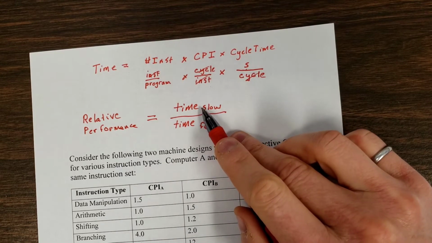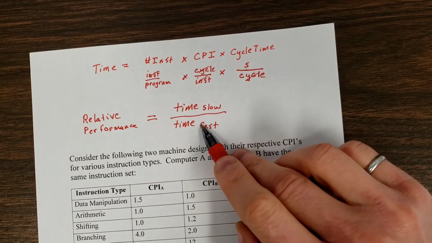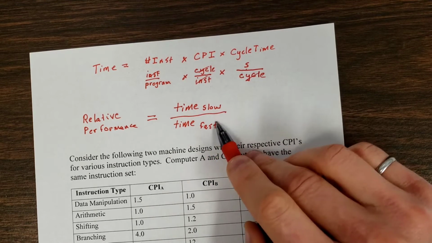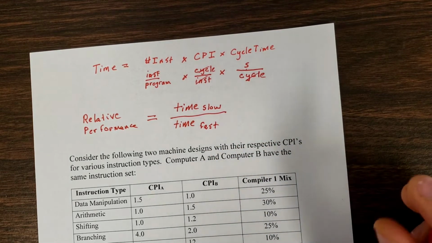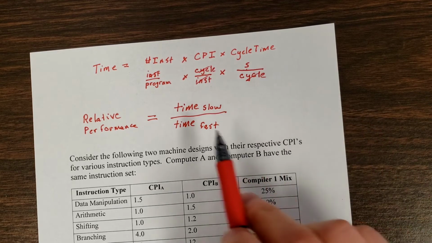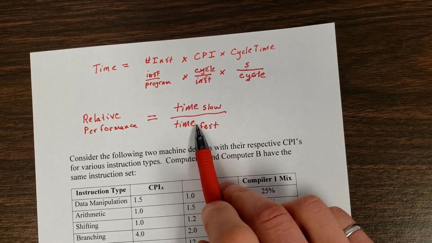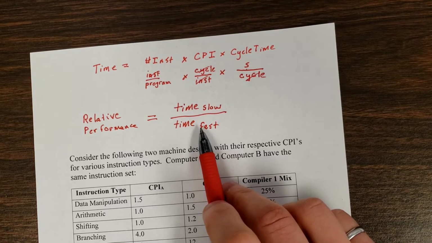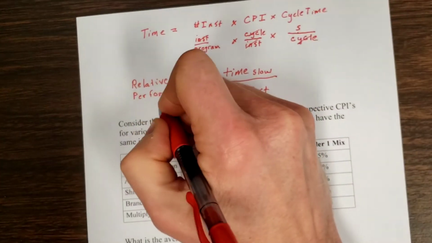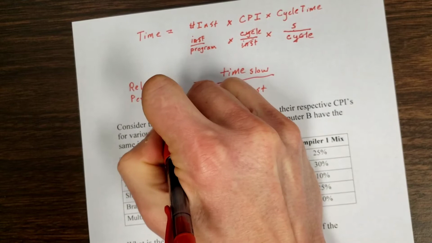Well, the time is going to be greater for a slow computer than for a fast computer. Therefore, we're always going to get a ratio greater than or equal to 1 in this case, and that's the format that Hennessy and Patterson asks us to do, because we're always going to come up with a statement that says, and this is the template that you can use,